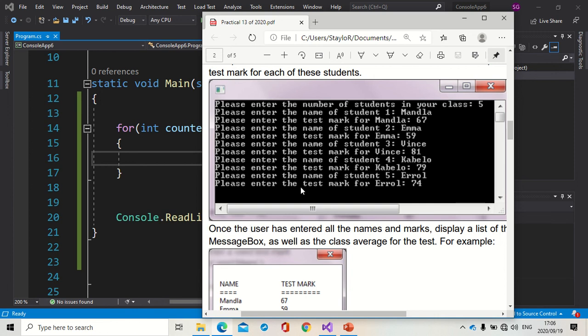Okay. Then we'll have to apply all these skills, or these skills we have, to achieve the output. We'll have to prompt the user